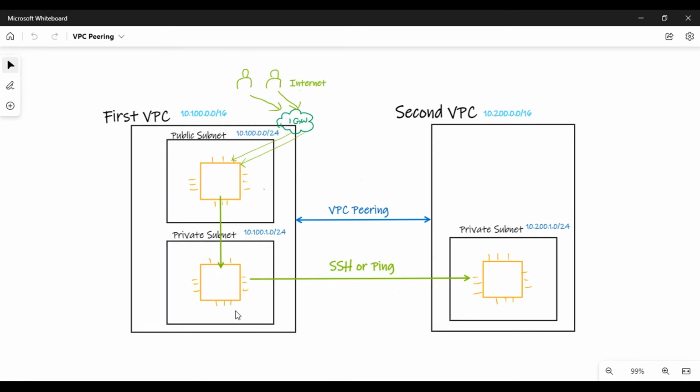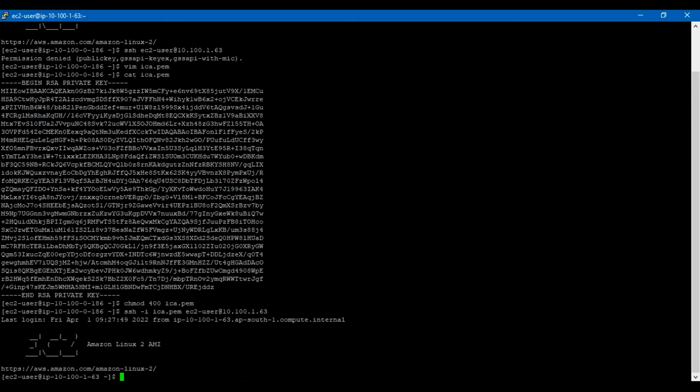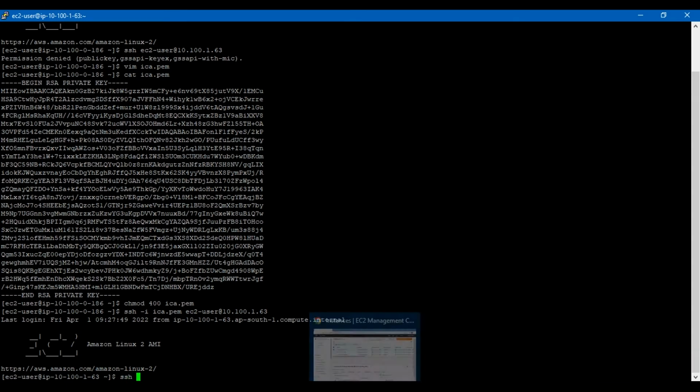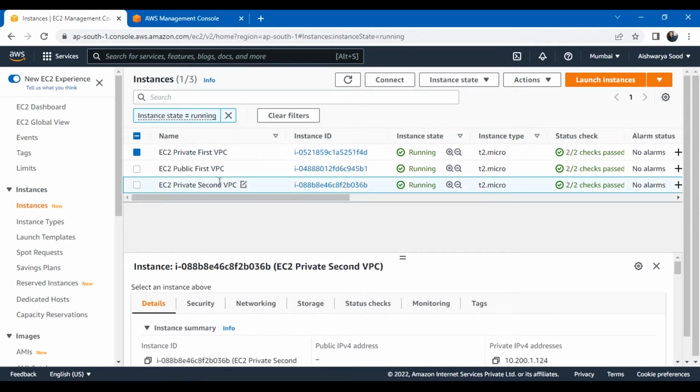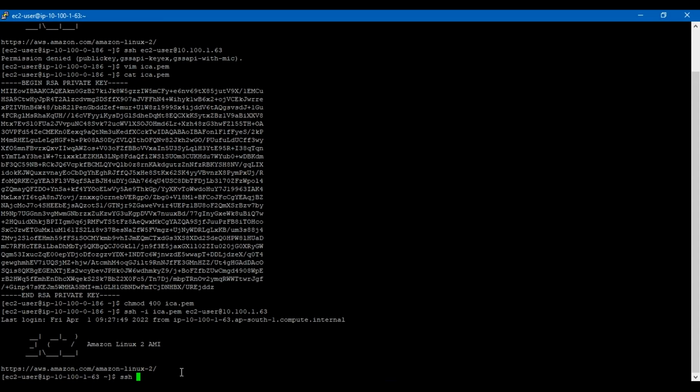Now the third requirement is that I want to SSH into the next EC2 that belongs to a private subnet but for a second VPC. It's not there in the same VPC. Now my security group rules are correct. I have added all the appropriate rules, and the security group rules allow SSH or ping from this EC2 instance. So let me try if I can connect to my third EC2 instance, which belongs to a different VPC from this EC2 or not. So I'll SSH, and let's take the private IP address of our private second VPC. Let's take this. So here I go, I'll paste this